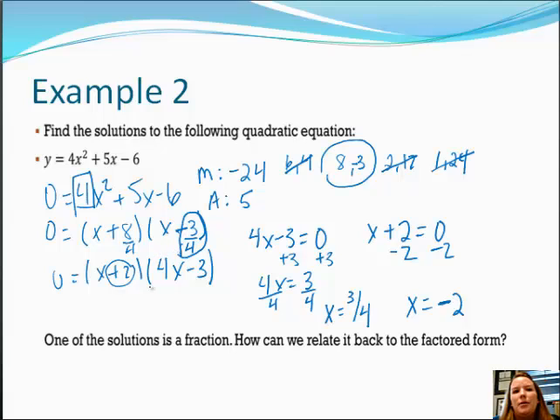Now, if that confuses you, just keep going with the process and do like this. Make two solution areas. Okay? So let's do one more example